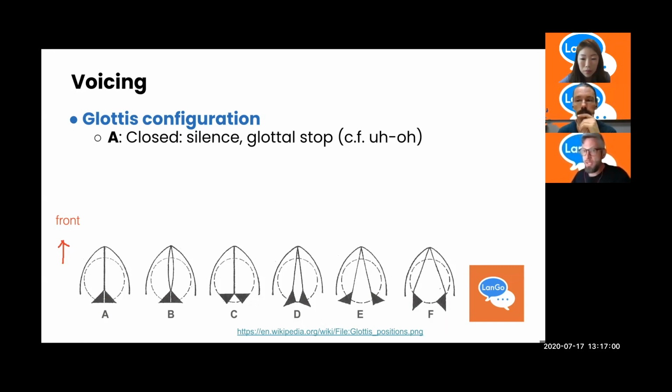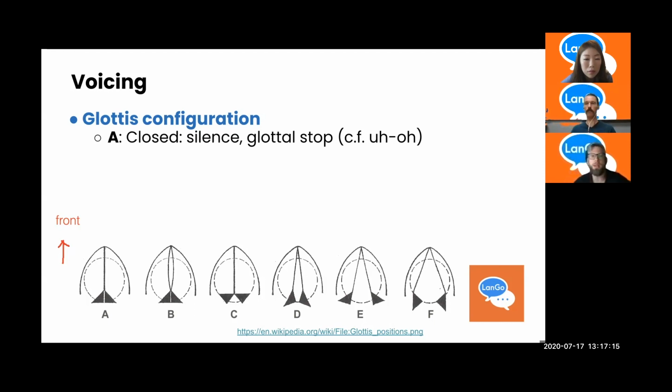And there's more than 6 settings, and we're not even going to discuss all 6. It's a lot of stuff. But just to say, it's extremely important to know a couple of them. It will help you learn languages, and you can test it when you're learning. One is, and this is the easiest one I would think, is closed.